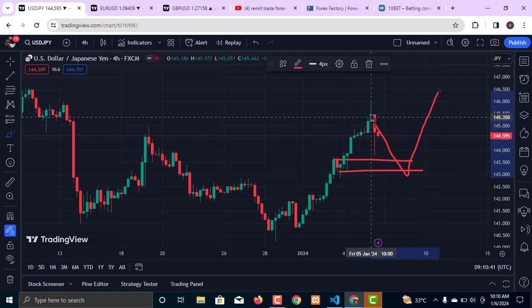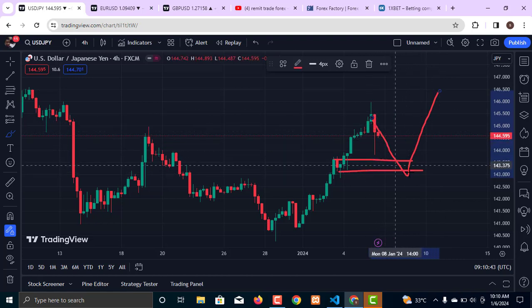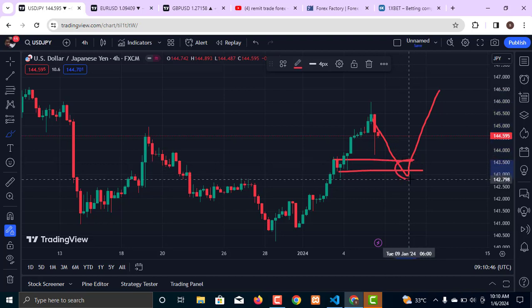So wait for the market to correct, and then after this retracement, this will be a nice time for you to buy the market, for the market to move to the upside. So what you need to pay attention to on USDJPY, and that is the exact same thing I am doing right now, is